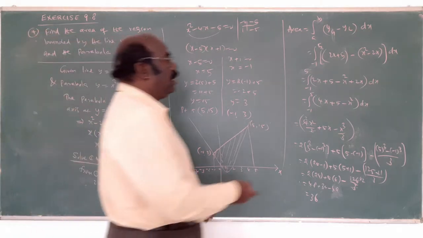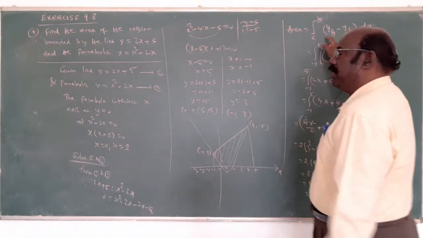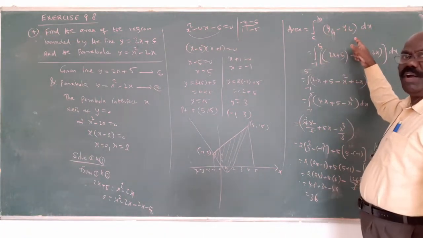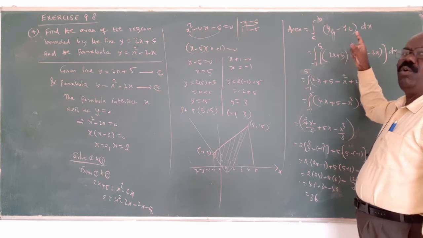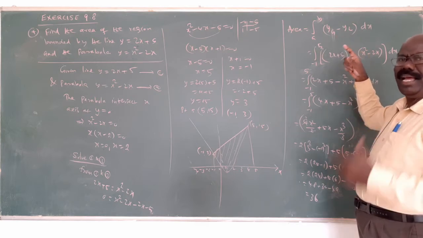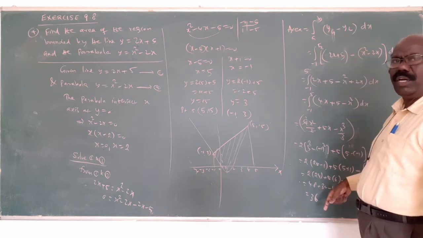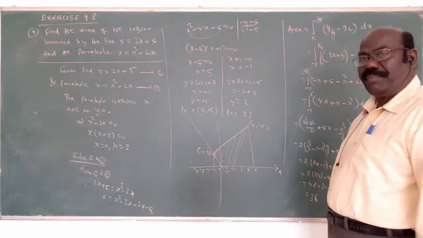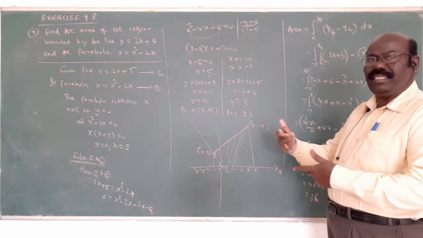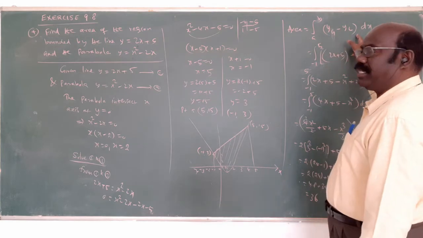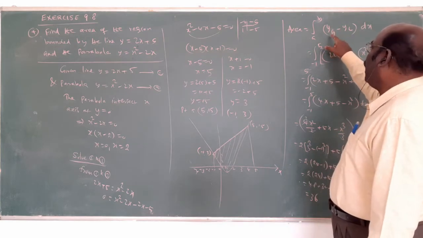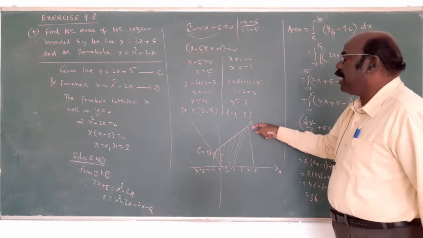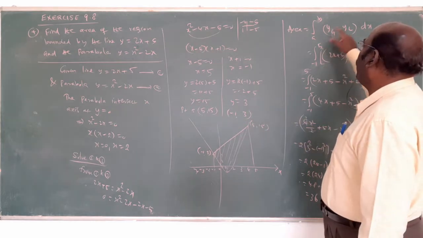Or simply y1 minus y2. Also you can write it that way, no problem. The formula is y1 minus y2, where y1 represents the maximum area and y2 the minimum area. Then only we get the positive answer. Suppose you write the first as the parabola and the second as the line, then a negative answer comes. That is wrong, so you will change it: greatest area minus least area. That's why you find the area of the straight line bound with the parabola as y1 minus y2.